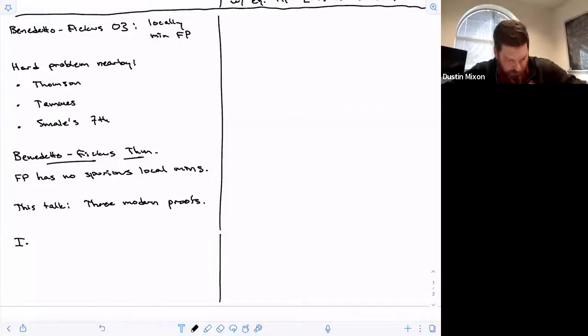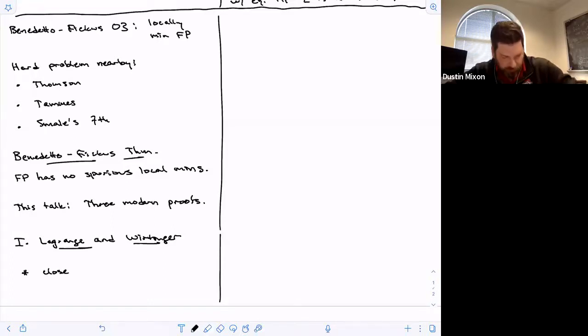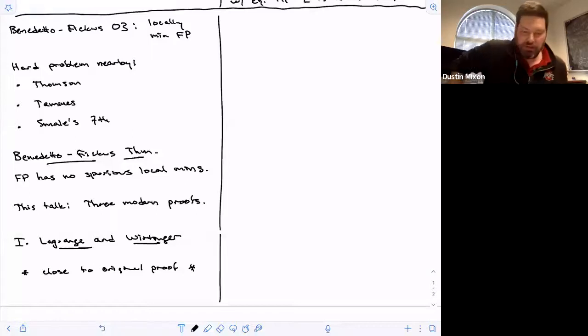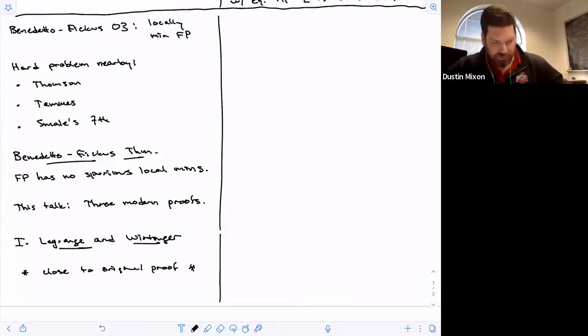So I told you there would be 3 proofs. The first proof uses words like Lagrange and Wirtinger. I want to point out that of the 3 proofs, this one smells the most like the original proof. So if you're not familiar with the original proof, maybe you'd be interested in this section for independent reasons. So the approach